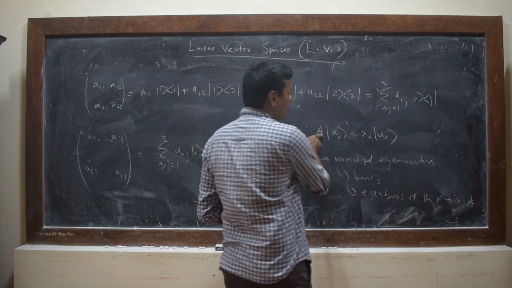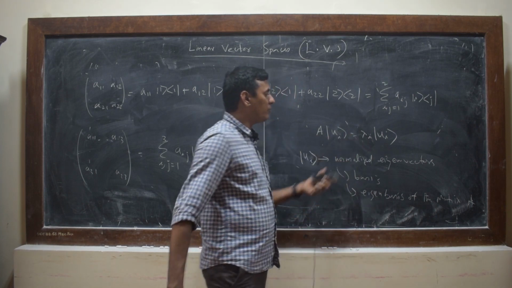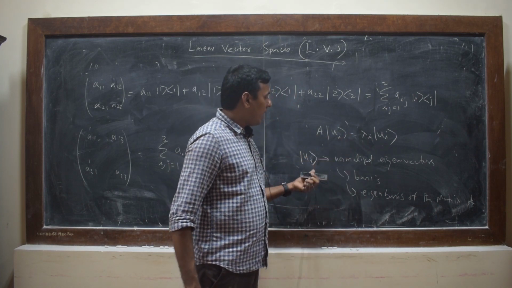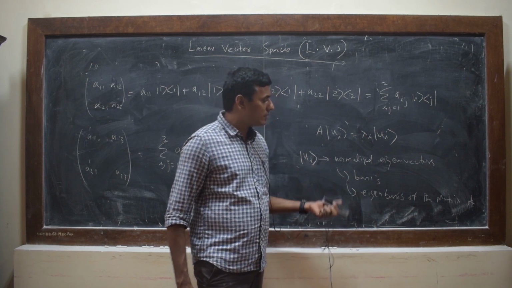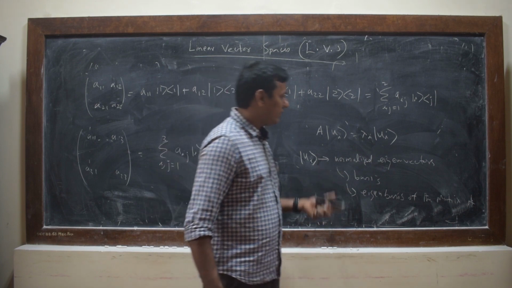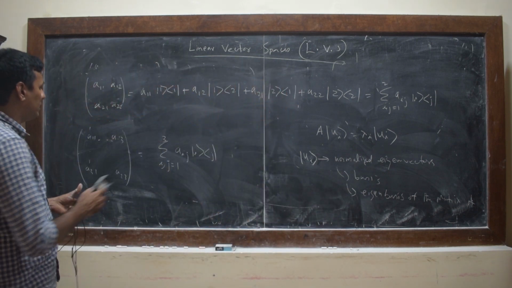If A, this is the matrix A. Once you can find the orthonormal eigenvectors, these orthonormal eigenvectors form a basis, and this basis is known as the eigenbasis of the matrix A. Okay. And now the question is the following,